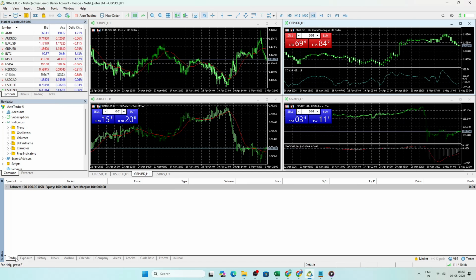Here you'll see your current balance, which is your settled funds after closed trades, your equity, which reflects your balance plus or minus the floating profit or loss of any open positions, and your margin details, showing how much collateral is currently being used. This view updates in real time, so it's the quickest snapshot of your account's health while